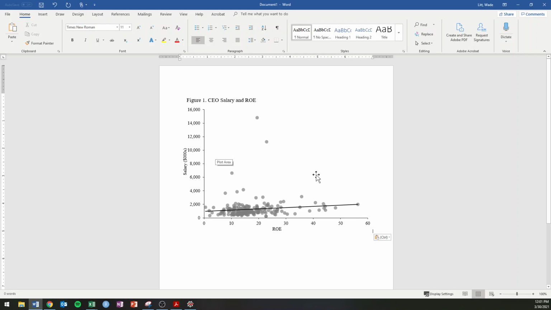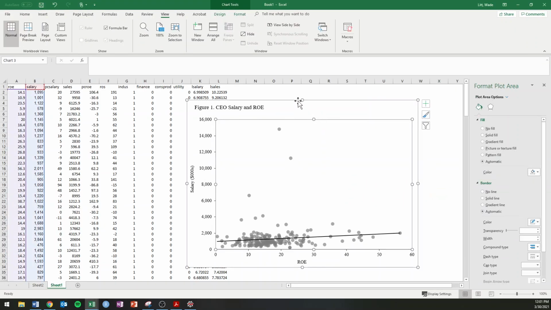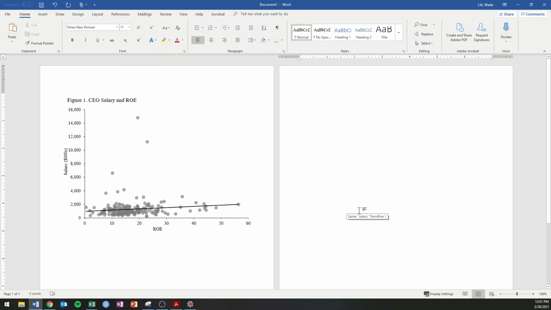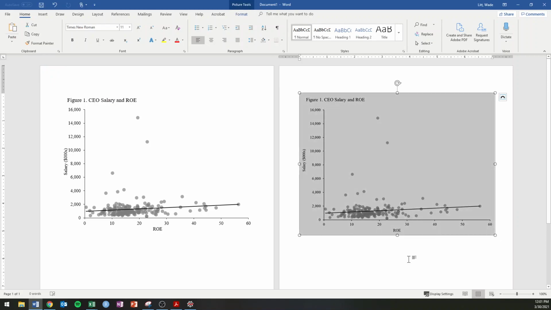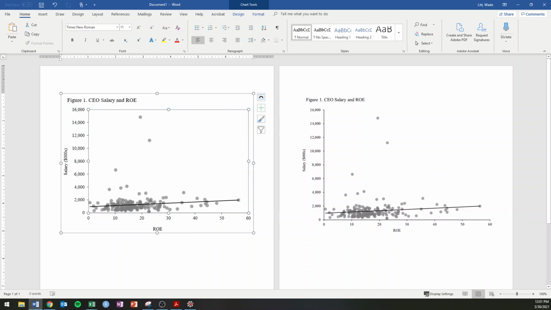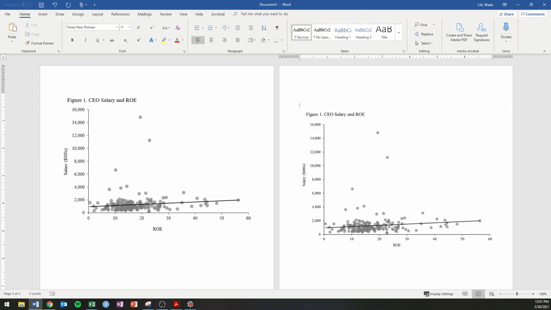So you could do it like that, just a straight up copy paste. I actually prefer, once I get this formatted exactly as I want it, I copy it, but instead of pasting it just as normal, I like to paste as a picture because it'll keep exactly the same formatting that I had, and it won't mess around. Like you can see here, the salary got a lot closer, and you'd have to just mess around with it again. I don't want to mess around with it again. So I just copy and paste as a picture if I think it's good to go. And there we go. And so then when I'm talking about this in the text, I can say figure 1